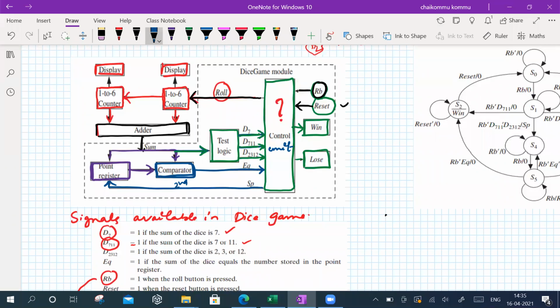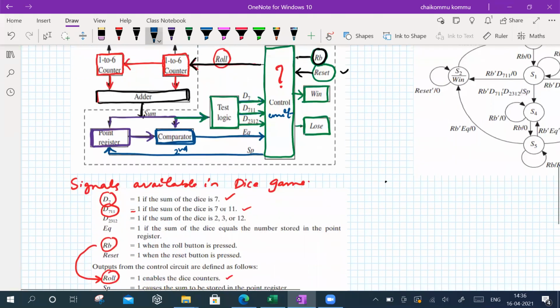Okay, so now we are going to use the control state graph for the control unit and SM chart for the control unit first. Clear? What we are going to do? We are going to develop the state diagram for the control unit and SM chart for the control unit for the time being. Later we talk about the remaining things. Okay?